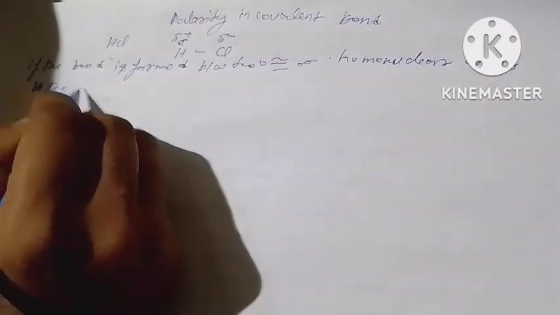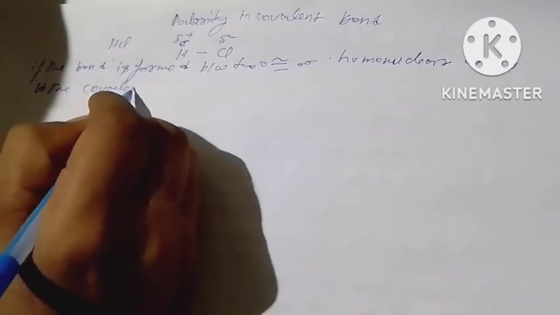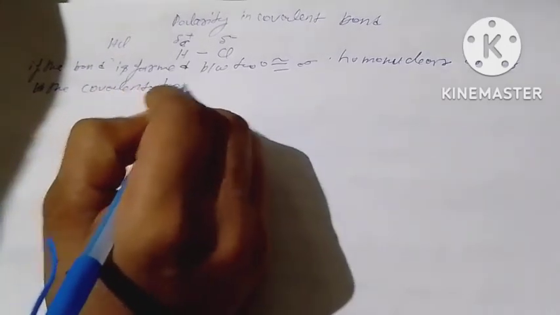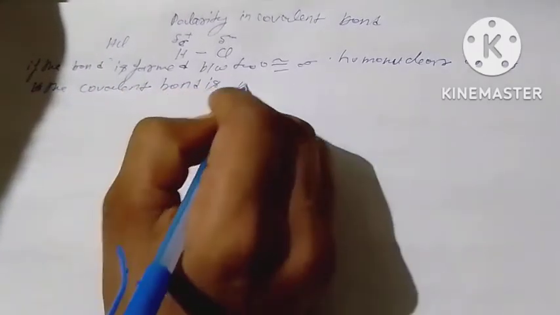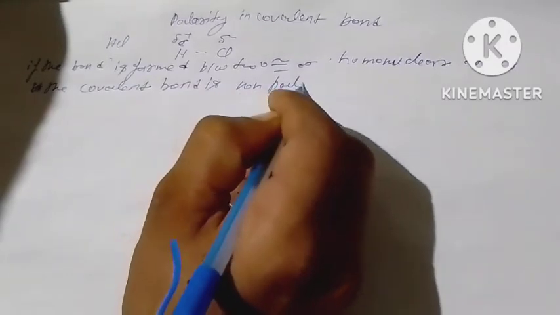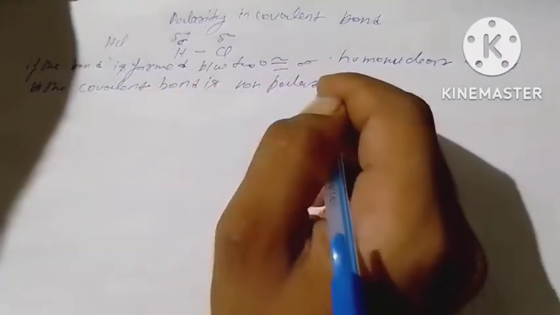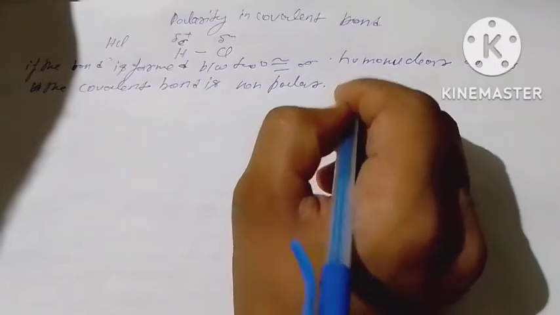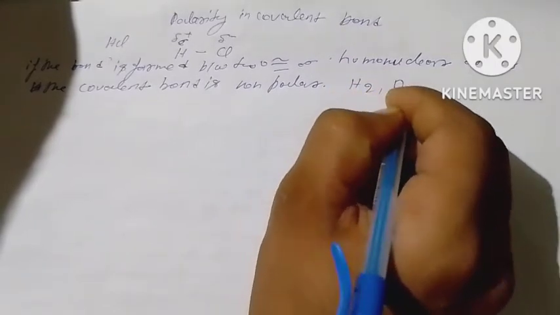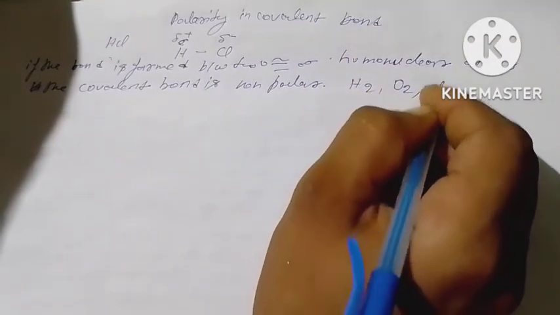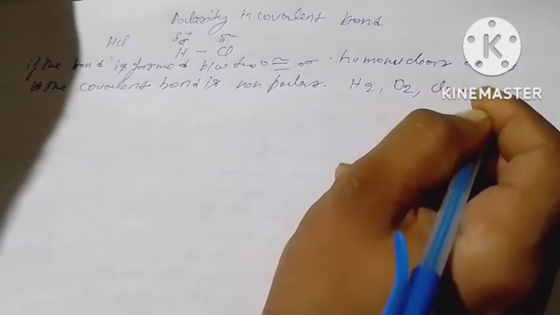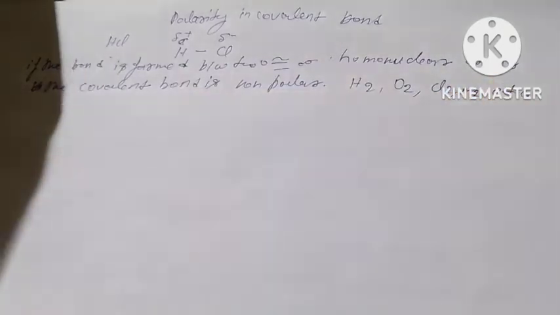As examples, H2, O2, Cl2, N2, etc. When a covalent bond is formed between two heteroatoms, the electron pair is not equally shared